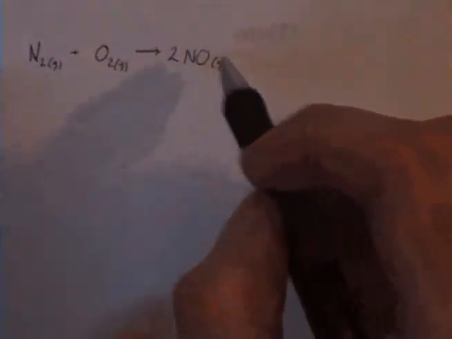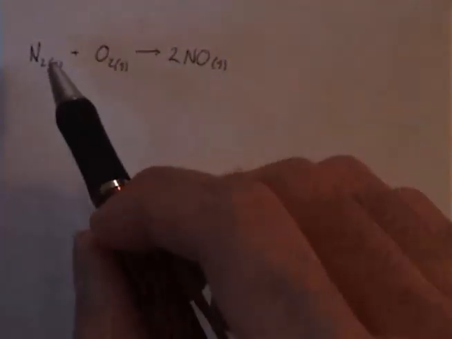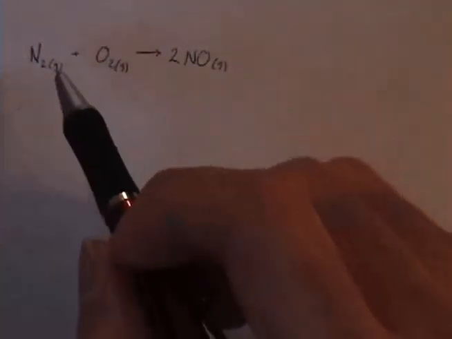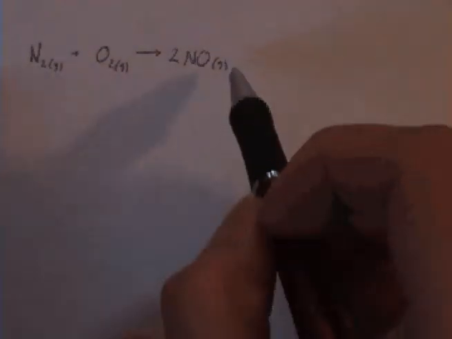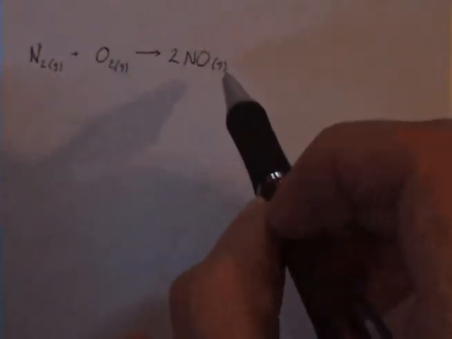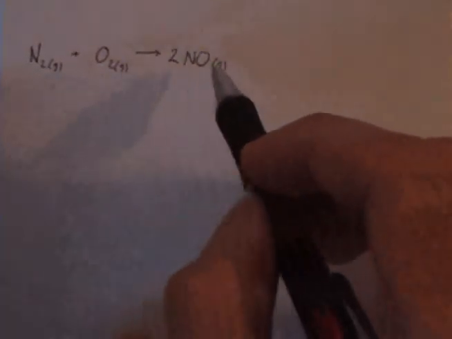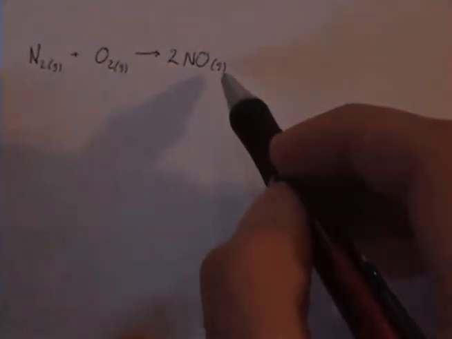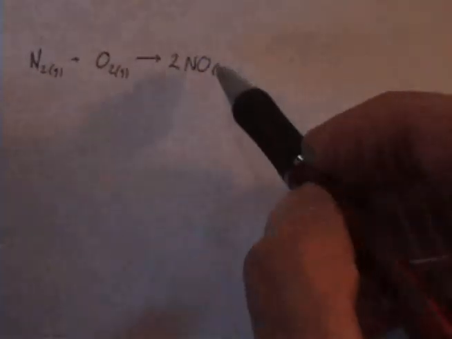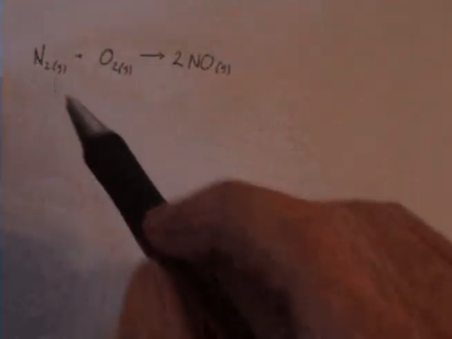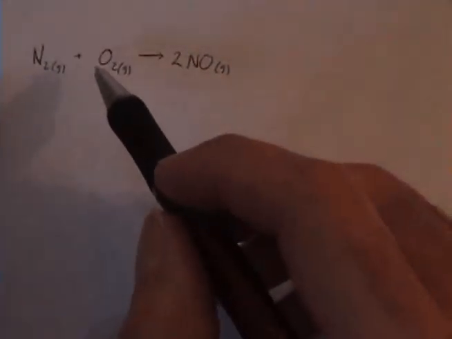When we have a chemical reaction, when we write it like this, it doesn't really tell us anything about how much is produced, or to what extent this reaction goes to completion. Okay, we might assume from looking at this that if we start with 1 mole of nitrogen and react that